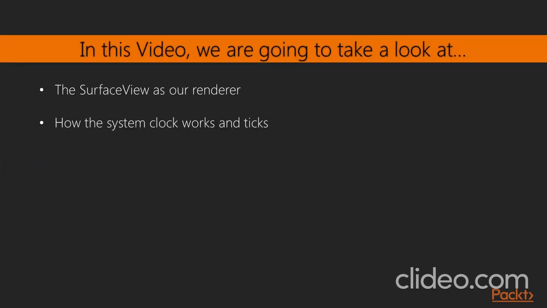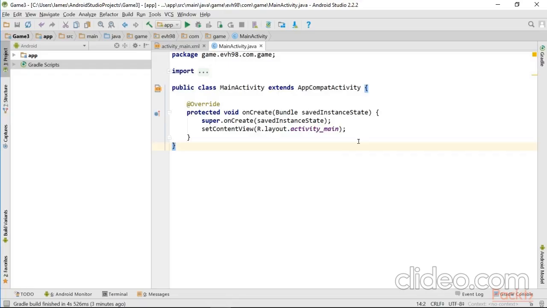In this video, we're finally going to use the Android SDK to start the actual game development of our game. We're going to take a look at the surface view and set that as a basis for our renderer, and how the system clock works and ticks. So first things first, we're going to want to make our game full screen without an action bar, without the status bar showing,